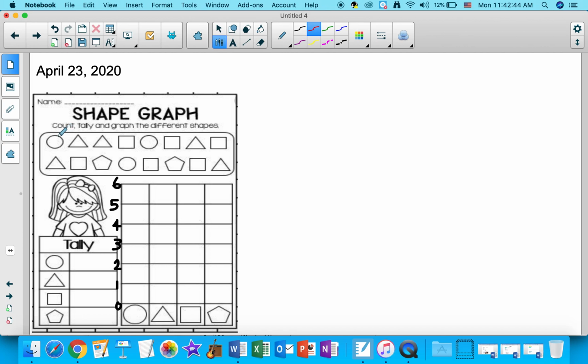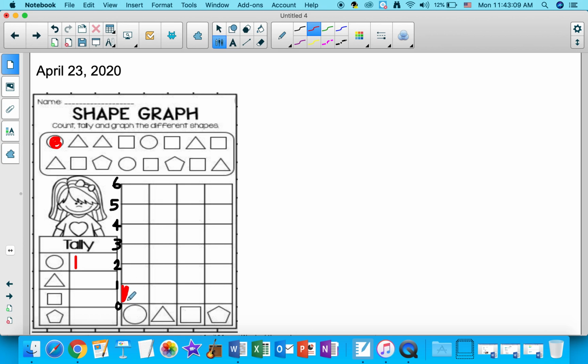So first shape I have is a circle. So for circle, I'm going to be using a red. Okay. So circle, I have 1. And you know what? We can actually do this together. So I have 1 circle. So that means I have to fill this first box,